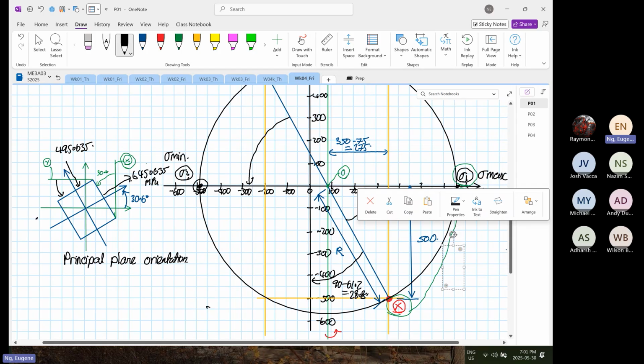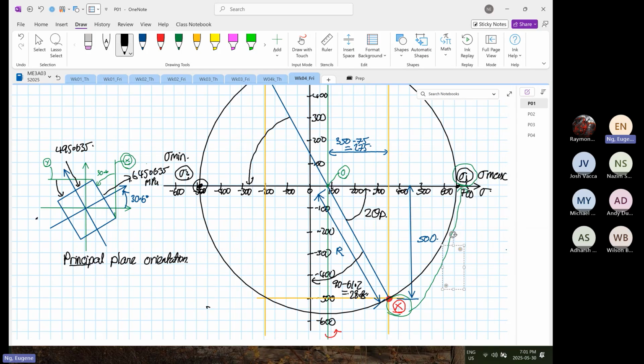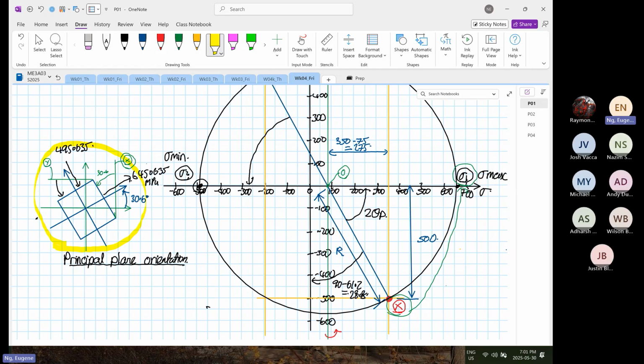have plotted the principal plane orientation. Okay. So as you can see from this diagram over here, you realize that there's no shearing stress because it's at its principal plane. At the principal plane, shear stress is equal to 0. Okay. And then the next one is we want to plot the element